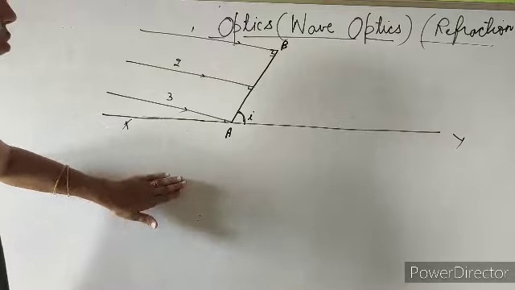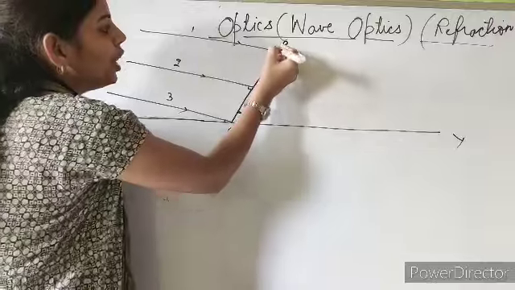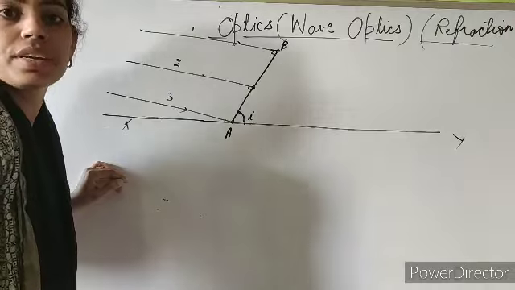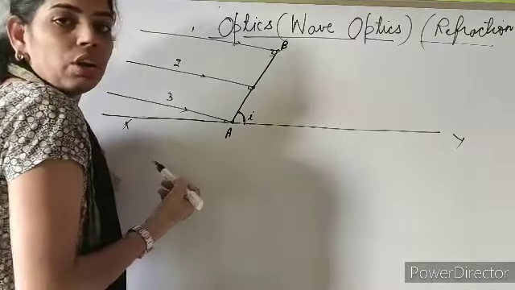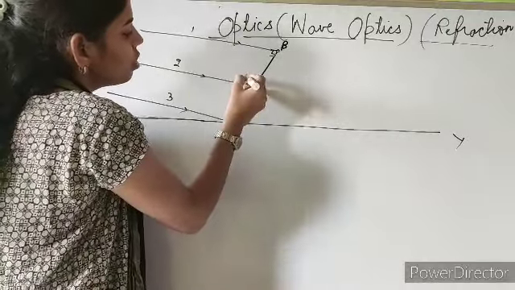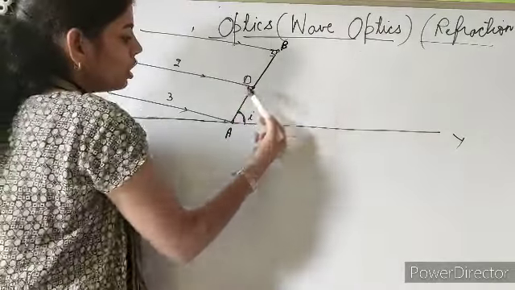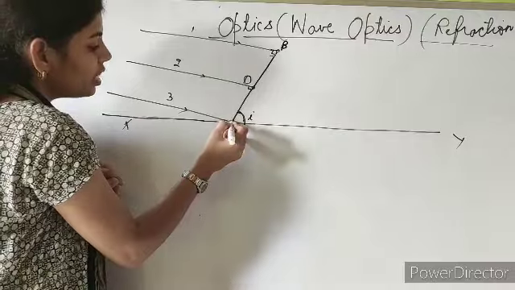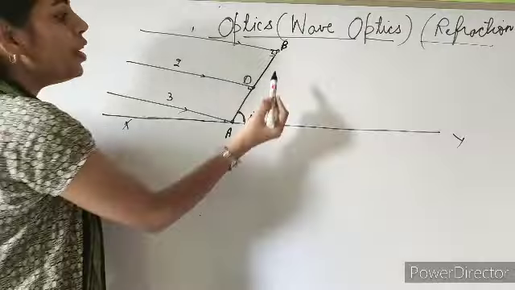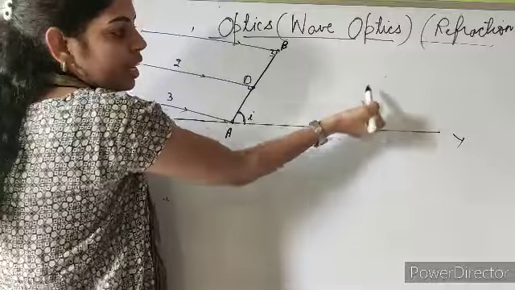In the last lecture we also studied that according to Huygens, every point on the wavefront would act as a source of new disturbance. So point B would be a source of disturbance on this wavefront. This point, suppose this is D. D is also a source of disturbance on this incident wavefront, and this point is also a source of disturbance on this wavefront AB. And from these sources of disturbance, secondary wavelets would travel.